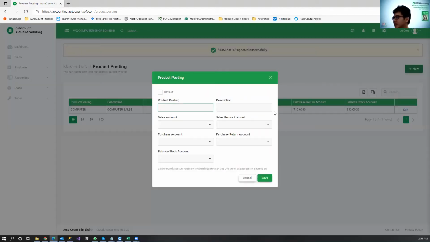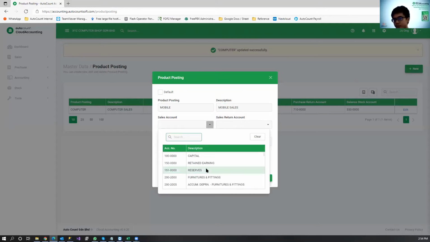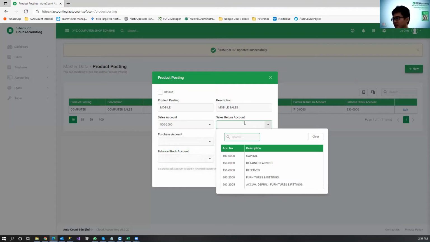So I can create another one. This one is called mobile. So you have a mobile sales. Whenever the product of mobile is sold, it will be posted into which account? So you can look for this sales mobile. And this one, I just put the default one.